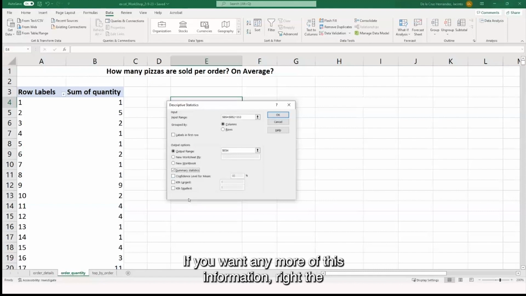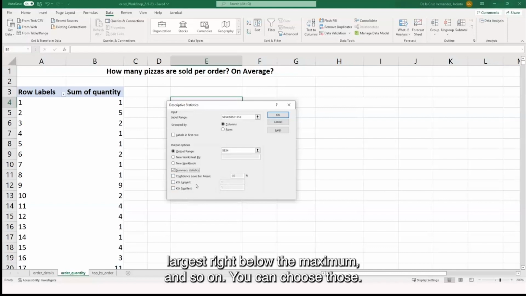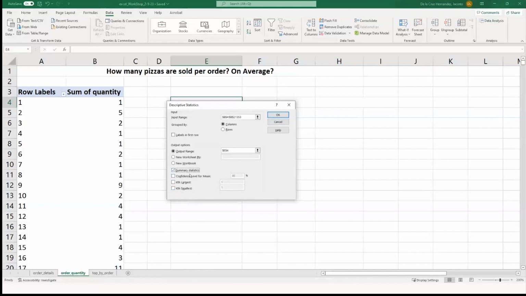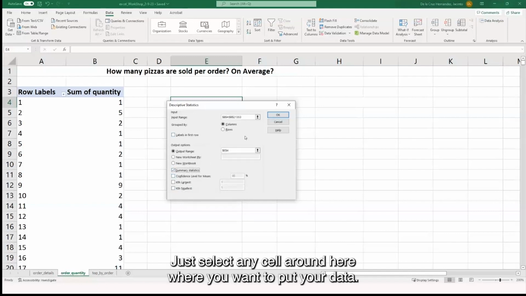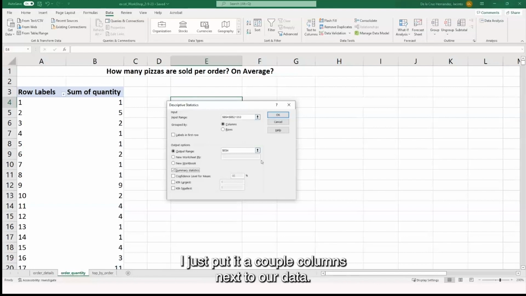If you want any more of this information, the confidence interval, the kth largest entry or the kth smallest entry, you can choose what number to give it. If you want the first largest, it's just a maximum. Second largest, right below the maximum, and so on. You can choose those. Just select any cell around here where you want to put your data. I just put it a couple columns next to our data. And so here, what we're really interested in is the